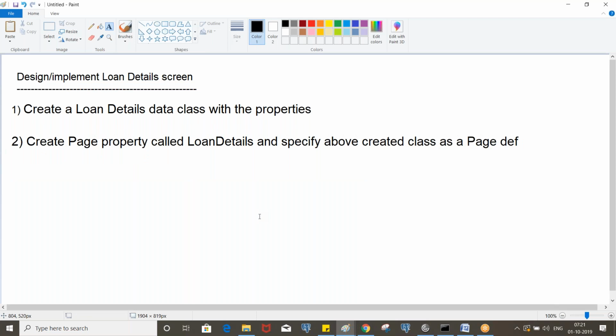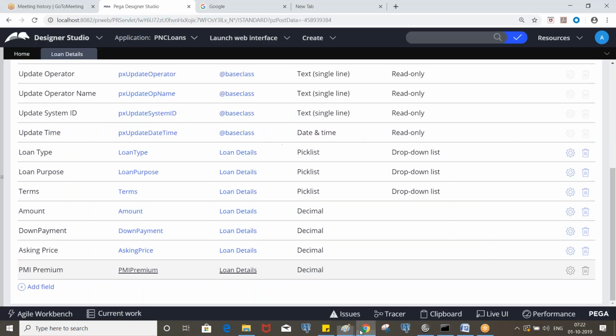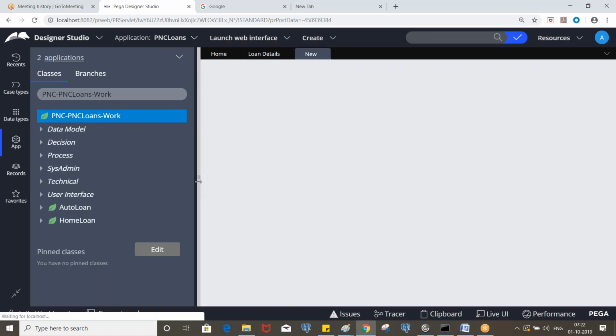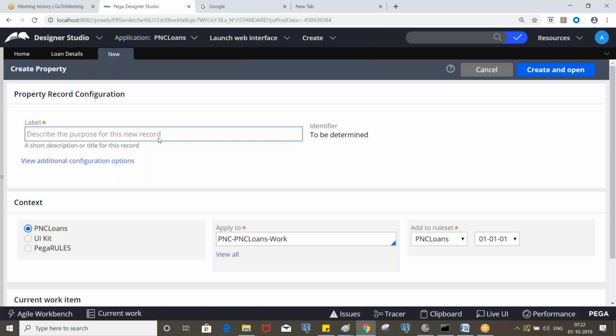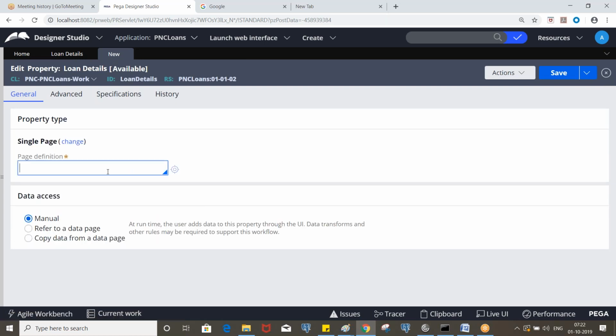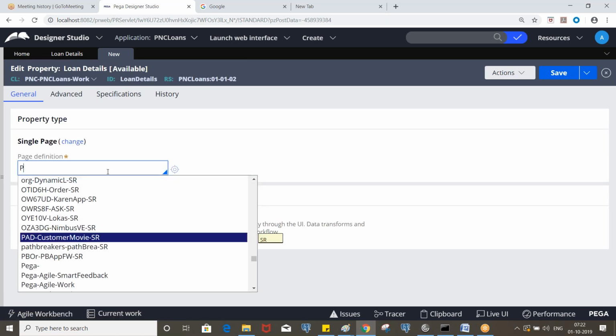Just note down: create a page property and call the class. That's it. So let's create a property called loan details in the work class, which will be a page property, and call the class.